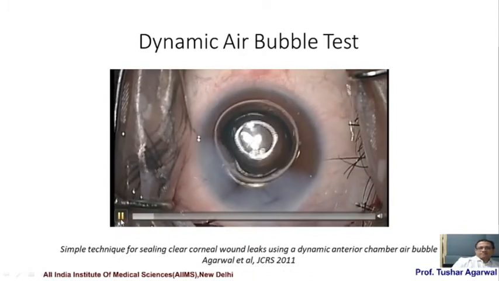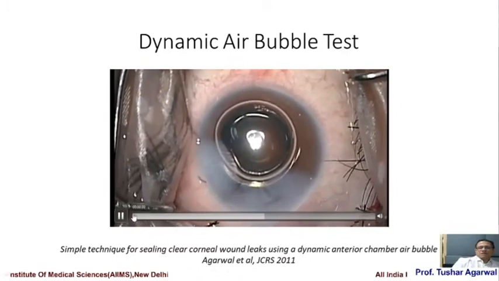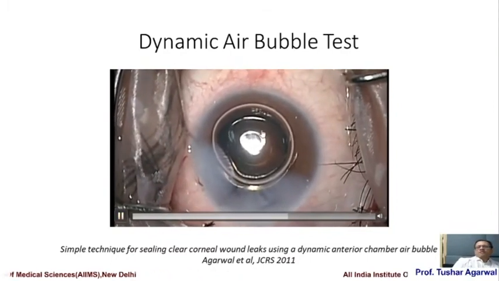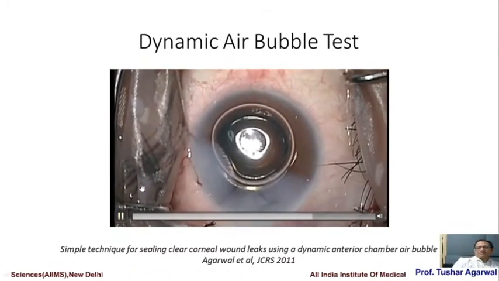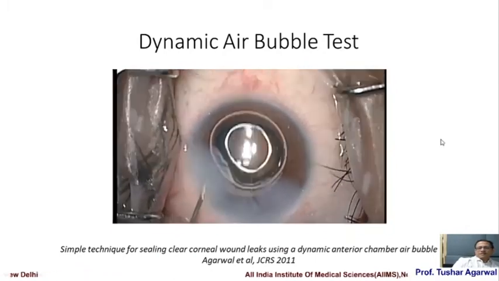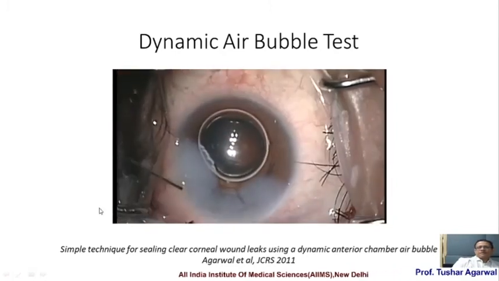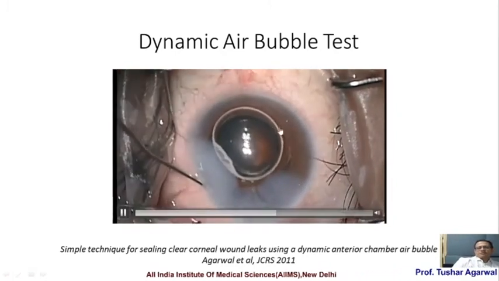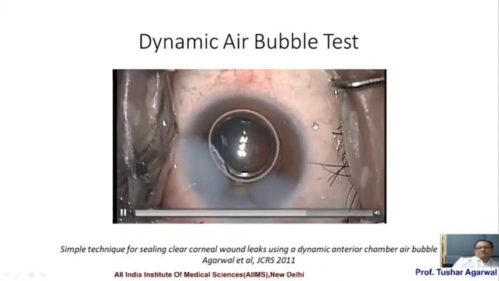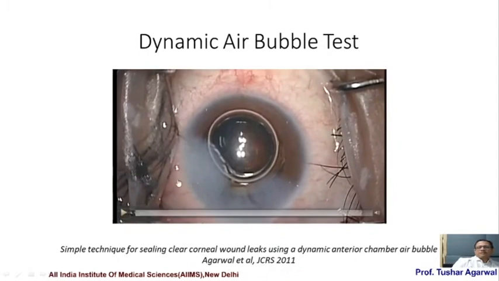When your bubble becomes stable, it will increase a little bit in the beginning, but it will stabilize. So your goal is to achieve a bubble which stops increasing in size. If you achieve that, you will find that your incisions are sealed. So this is what you want to achieve. You want to achieve a bubble which is stable. This is around 50% of the diameter.